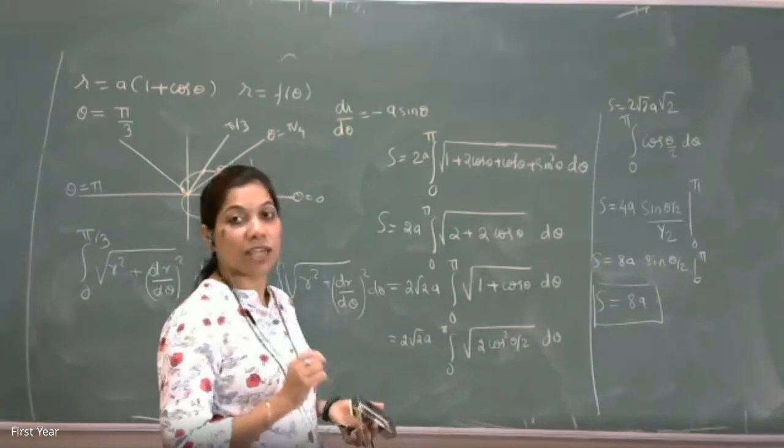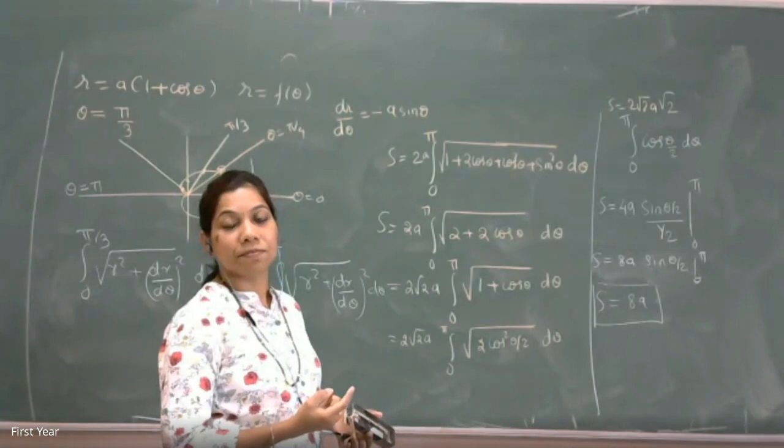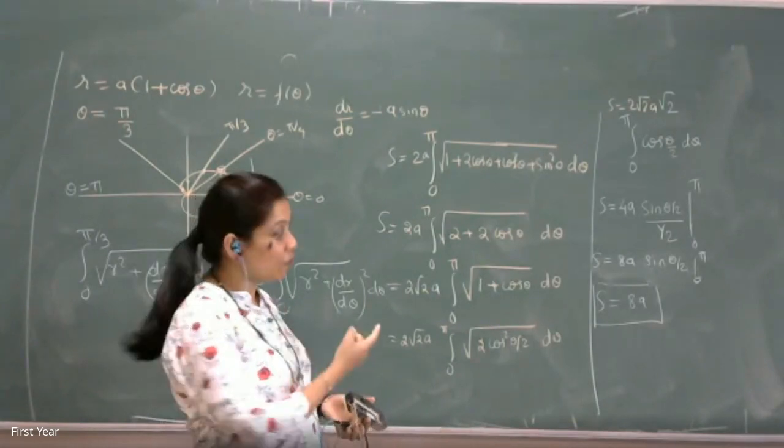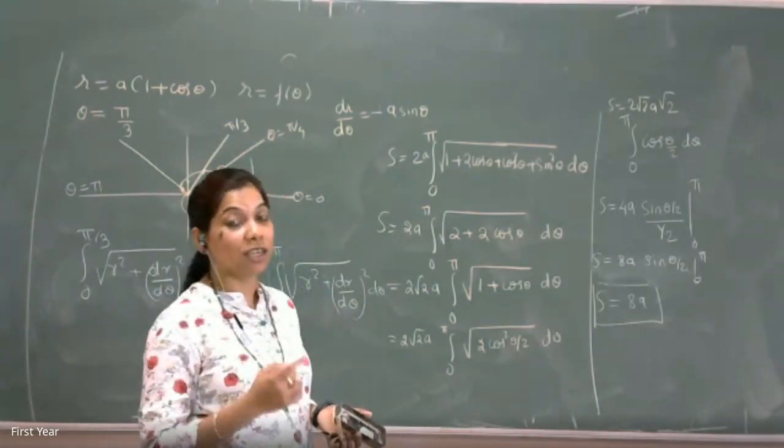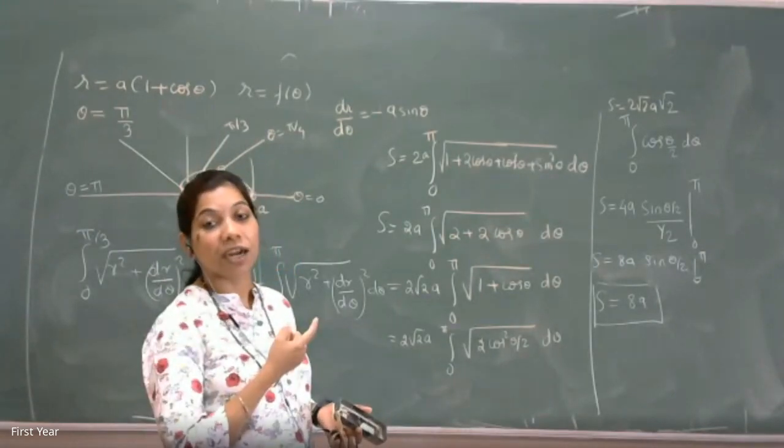Yes ma'am. Okay, such kind of small mistakes can happen. So be careful, then only you get the correct answer. And that 4a will be there in the option. So please be careful. Rather, 2a also will be in the option. If you actually divide it by half, you should get